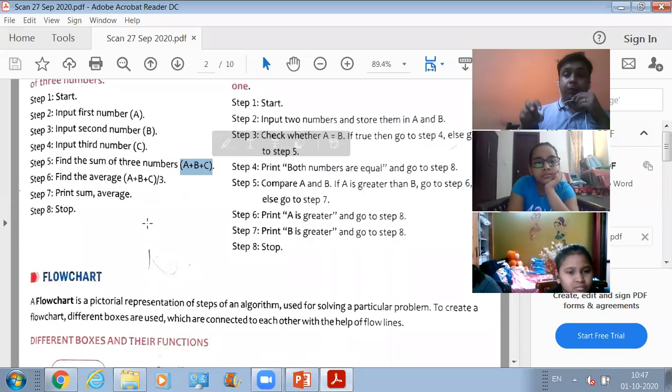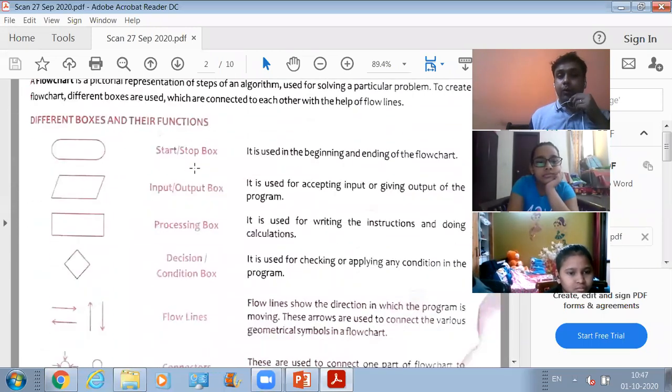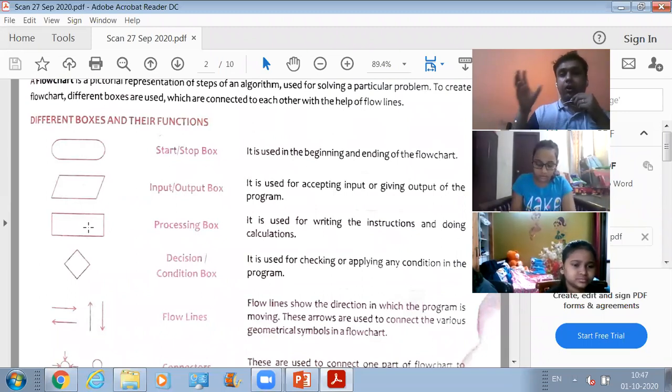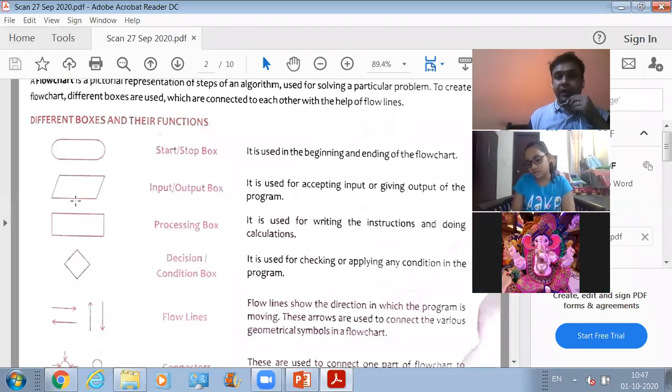So, in which box are we required to put this formula? We are required to put this formula in this processing box. I will show it to you how we will write the flowchart. Once you see the pictorial representation of the algorithm, you will be able to understand each and everything. Okay, so the function of these three boxes are clear to everyone?